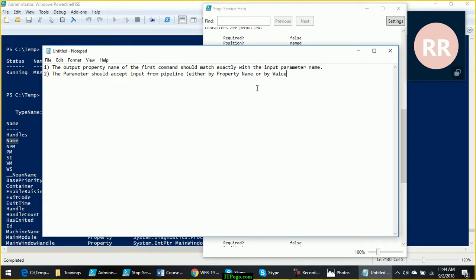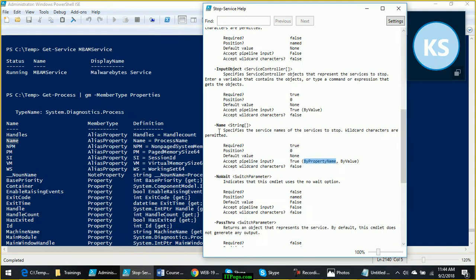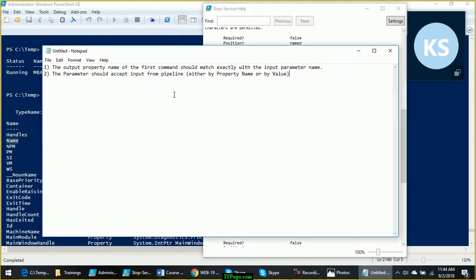Now what is by property name and by value? We will discuss this when we develop our own scripts. As of now, just remember that the parameter which is matching with the property name should accept the pipeline input. That should be set to true. And the third rule is the data type should be the same.